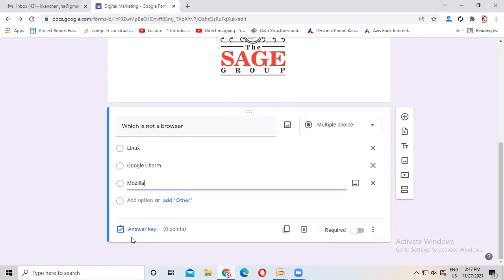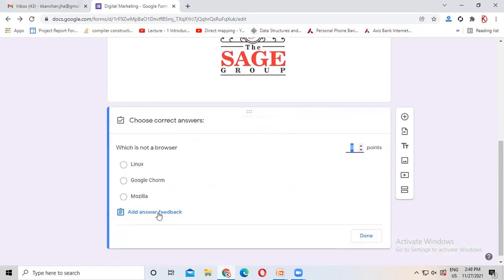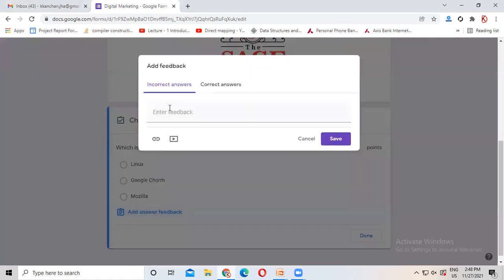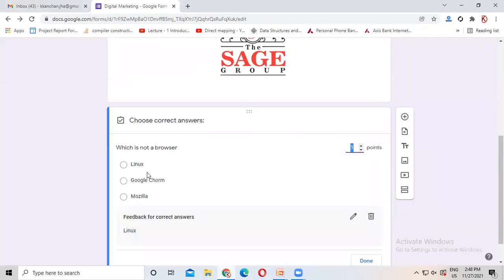After putting in the options, you have to define the correct answer. For that, just click on the answer key and give some points, whatever points you want to give, 1 point, 2, 3 or 4 points. Then go to add answer feedback, click on correct answer, write your correct answer here and then save it.